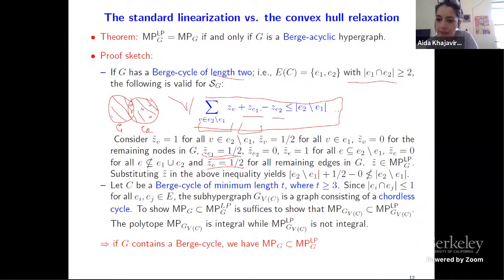So in that case, if there is a Berge cycle of length 3 or so, after fixing some nodes to 1 in your hypergraph, you will end up with a chordless cycle. Okay, and the reason you can do that is because we already took care of the Berge cycle of length 2 case. So now we can assume that the intersection of all the edges is at most 1 node. So now that I have a chordless cycle,